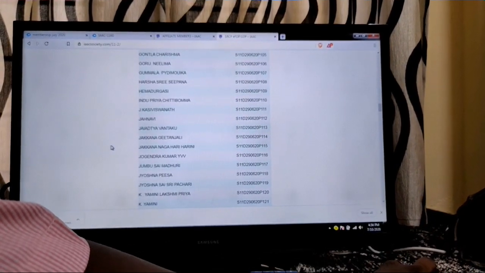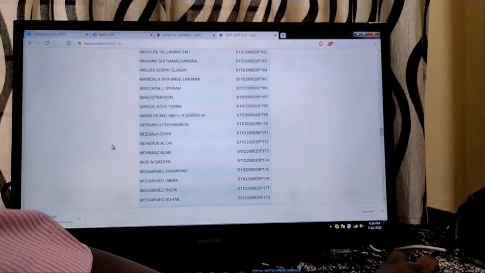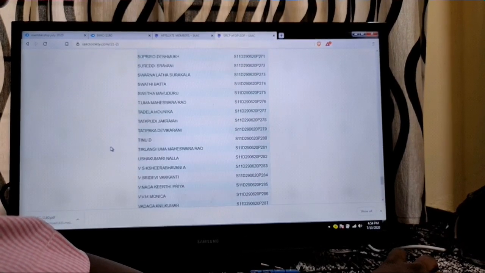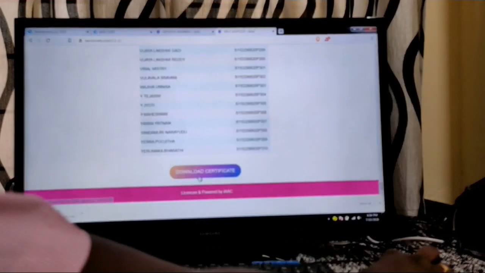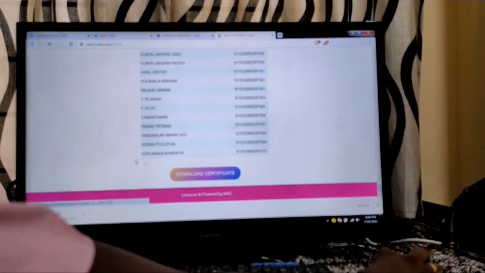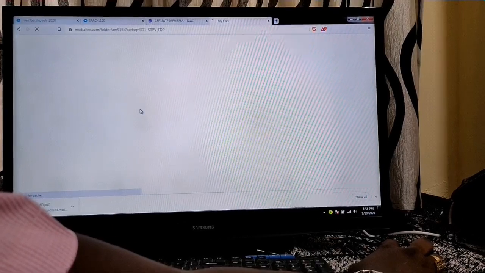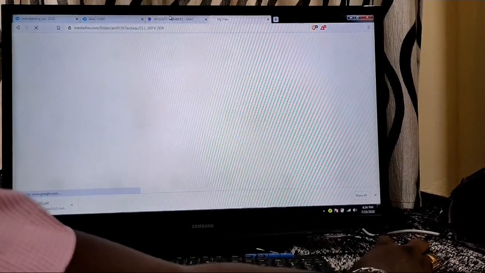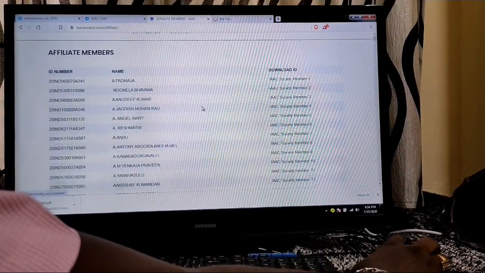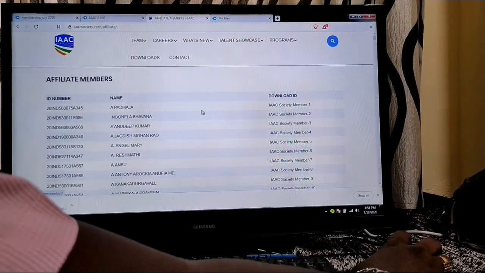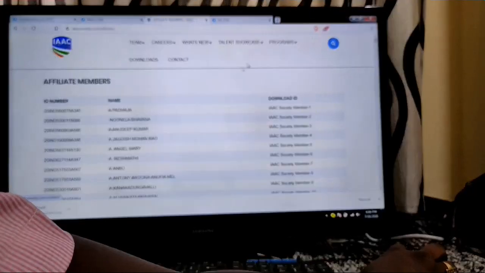For every participant, you will get a participant ID which will be printed on your certificate. Once the participant attends the program, for every individual program he gets a certificate, and every certificate will have a QR code from which you can check the validity, where you have done it, when you have attended the session, and all the videos also will be live from the program.